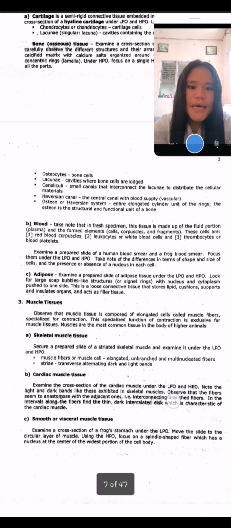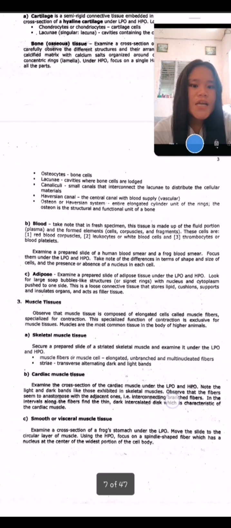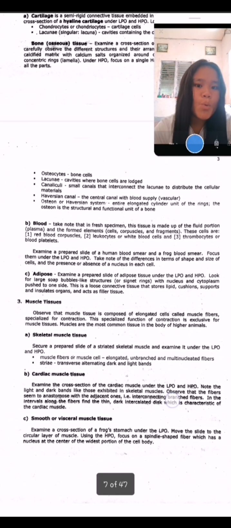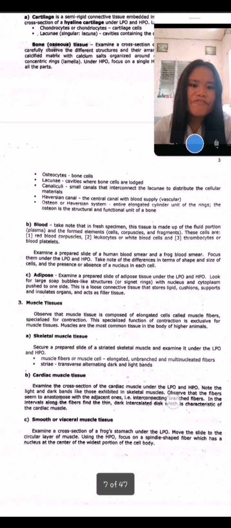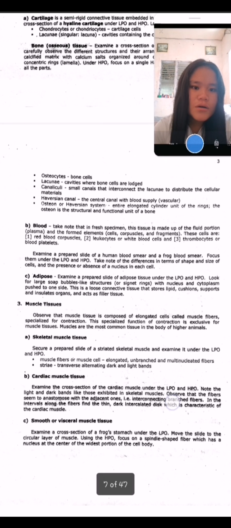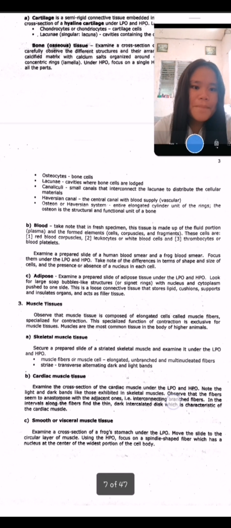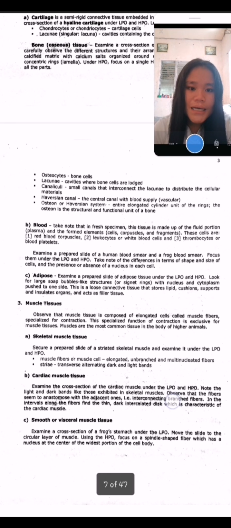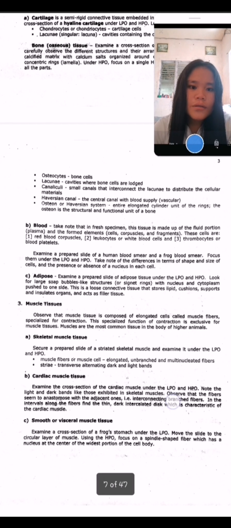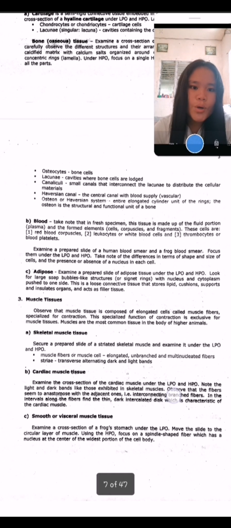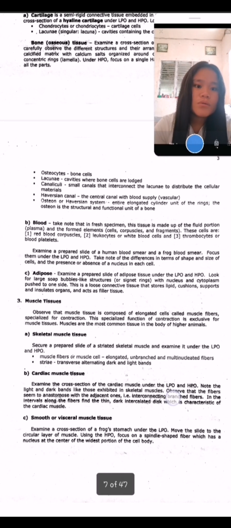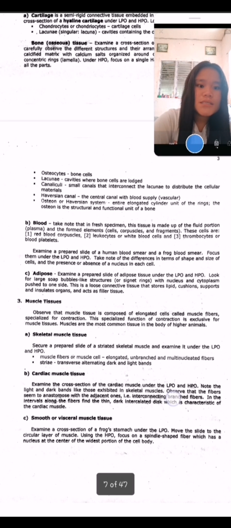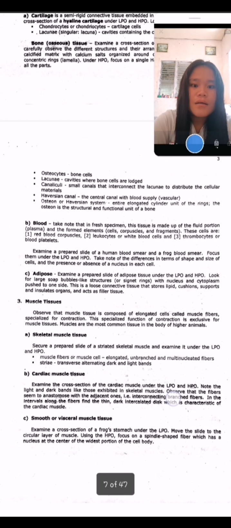So blood. Take note that in a fresh specimen, this tissue is made up of a fluid portion or plasma, and the formed elements: cells, corpuscles, and fragments. Number 1, red blood cells or red blood corpuscles. Number 2, leukocytes or white blood cells. And then thrombocytes or blood